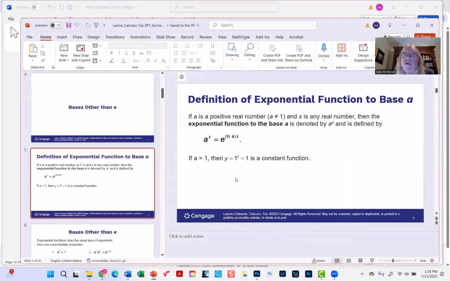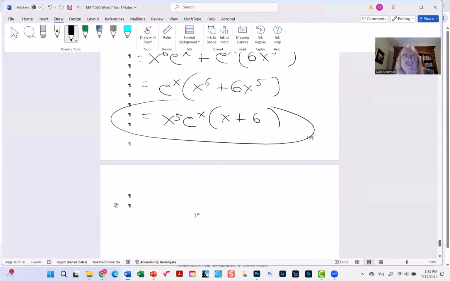All right, now here's an important definition. What they're basically saying is all of that only applied when we have base e. Okay, what about the other bases? Any other real number, we need to know how to handle those as well. Okay, so